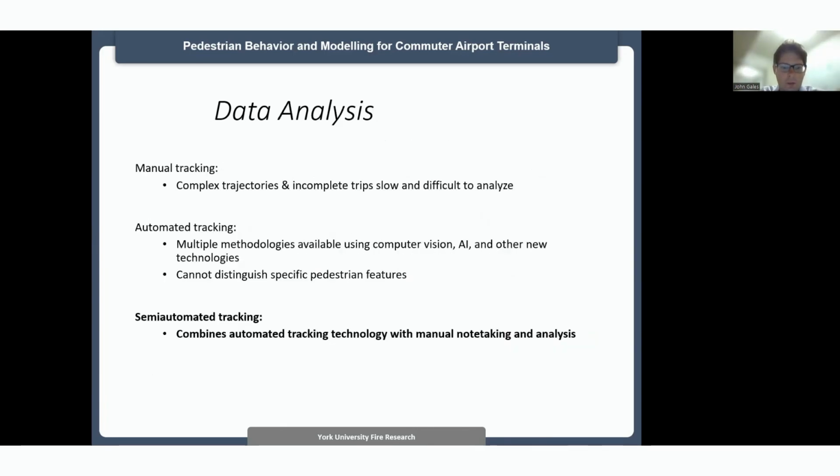In terms of the analysis, we used a form of semi-automatic tracking. We did not use manual tracking, more or less because we had a very linear path to measure spot speeds, and we weren't really concerned about high levels of grouping or densities in this case, as the video footage was not showing those influences. So it was mainly spot speeds. The data wasn't available to generate densities. There wasn't significant volume going through to be a concern.